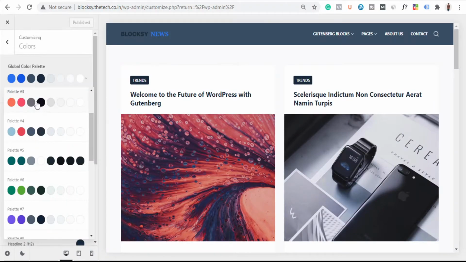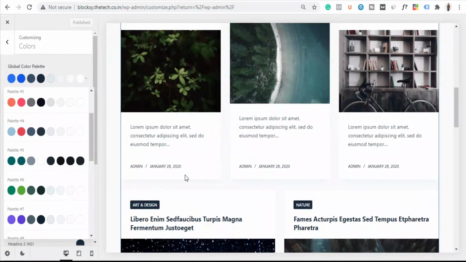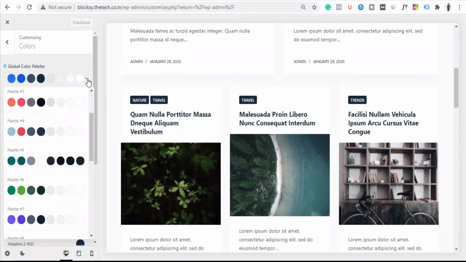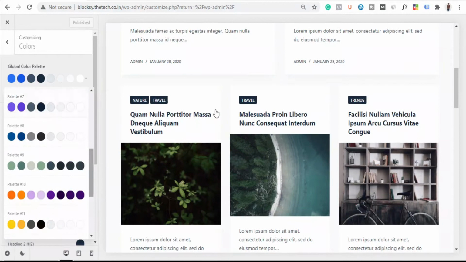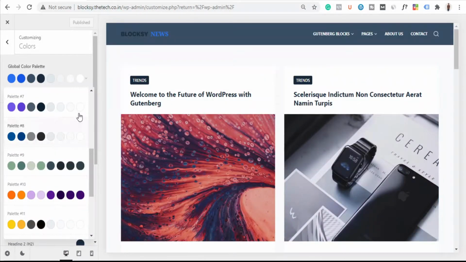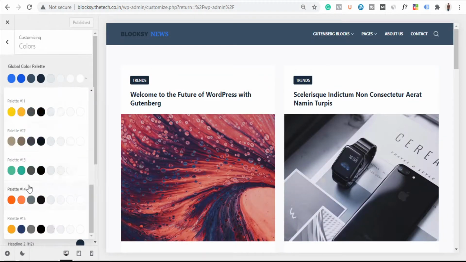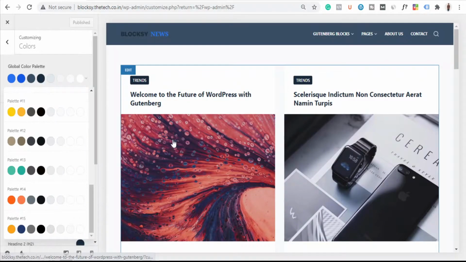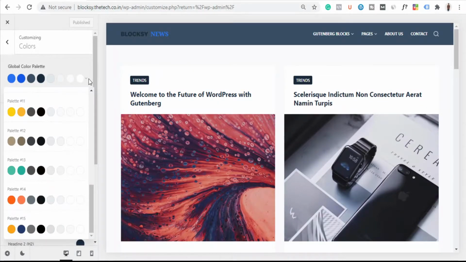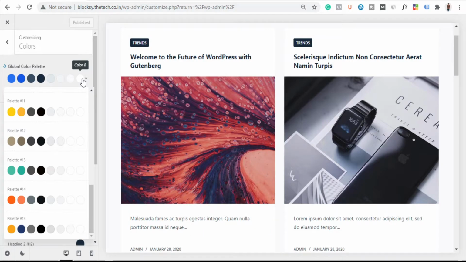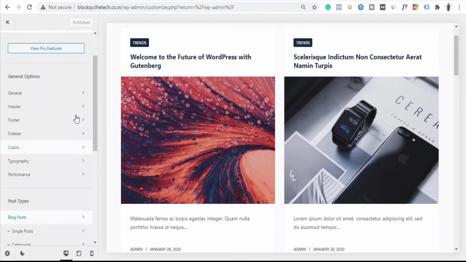I am not going to choose because I have made some changes at the top and bottom, and it will disturb that. But if you don't want to play around with the colors, you can just choose any one color palette and it will automatically fix all the colors of your site. Okay, so I think you got that.